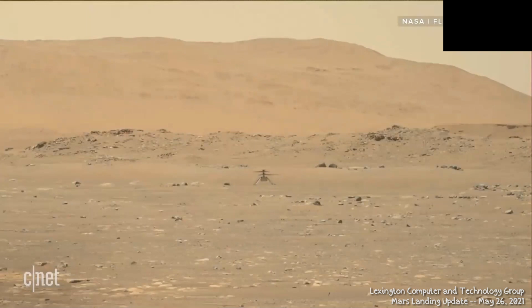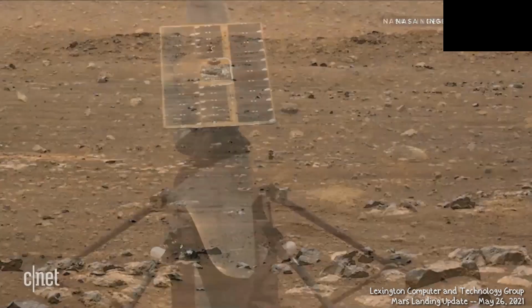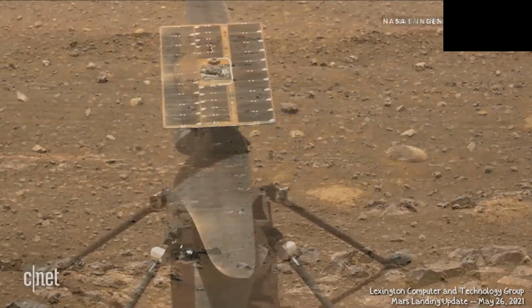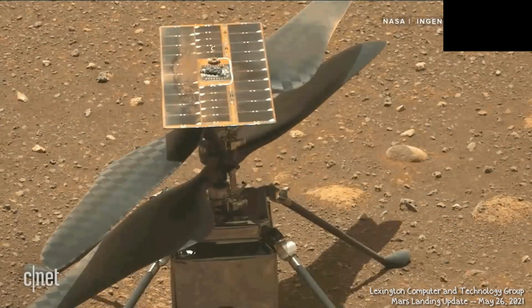This is the first powered and controlled flight we've ever completed on another planet, and NASA had to overcome some pretty impossible odds to do it. In fact, there was a chance this flight might not have happened at all. During a final high-speed test of the rotors, the helicopter's systems aborted, and NASA had to beam up a software